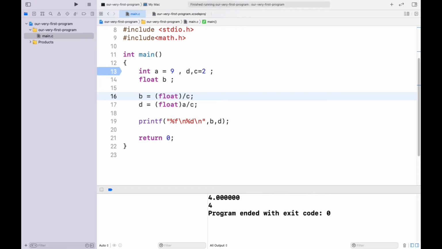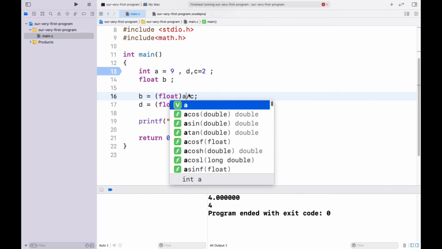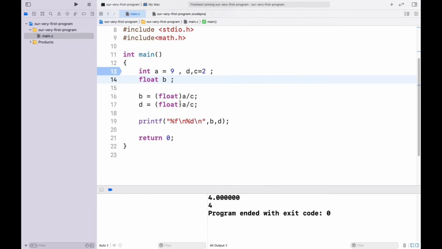And what if I convert floating into int? I'm going to change this into int now, and let there be 9.0 and 9.0.